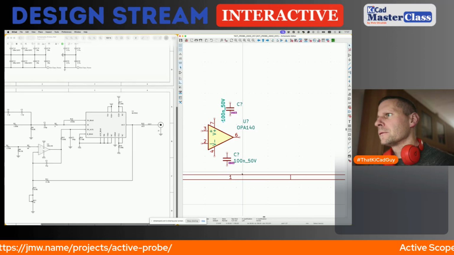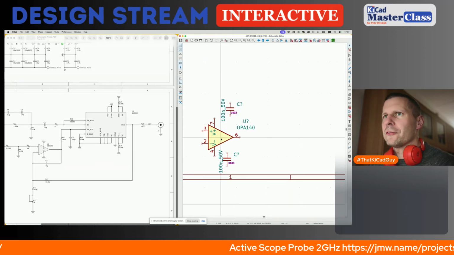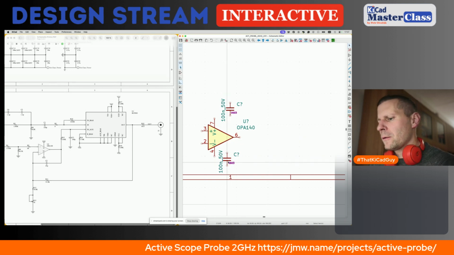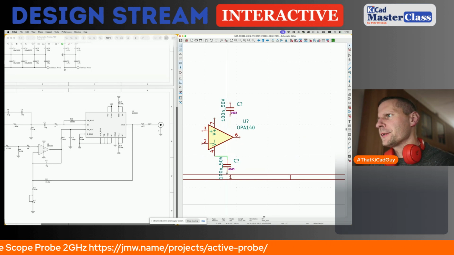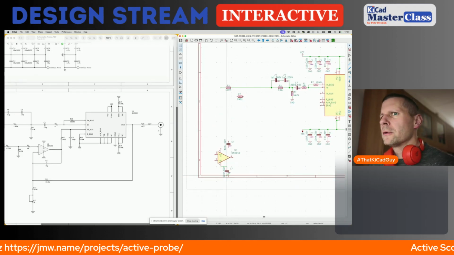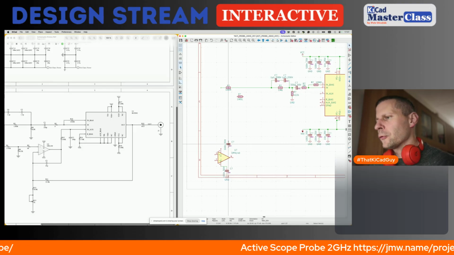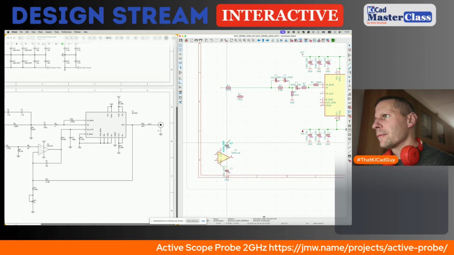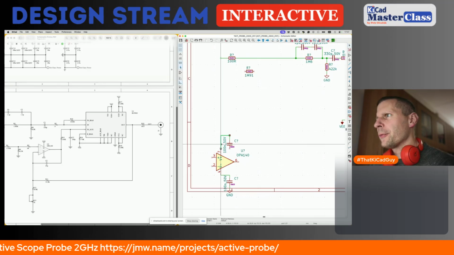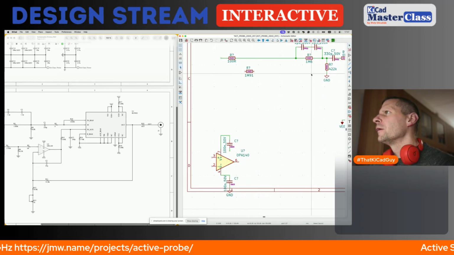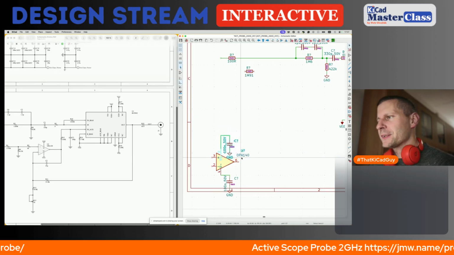So for the aux input, I will place these two caps as they should be placed for decoupling the power distribution network, let's say,